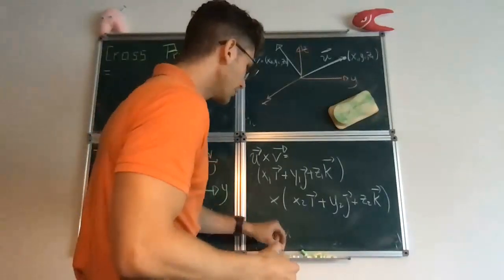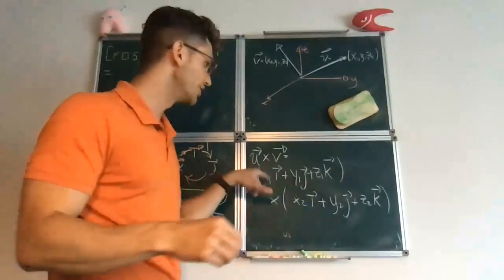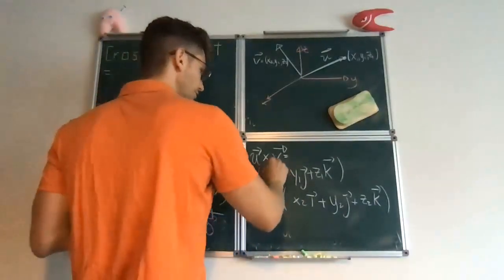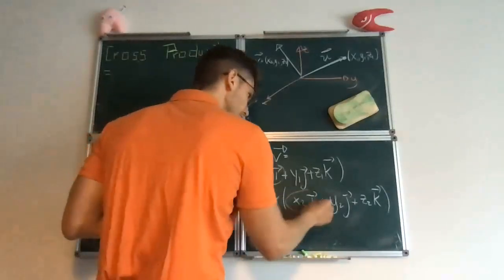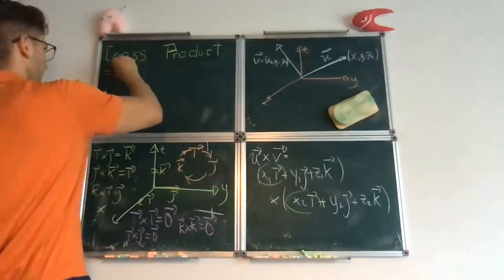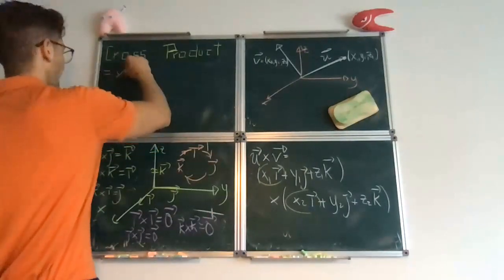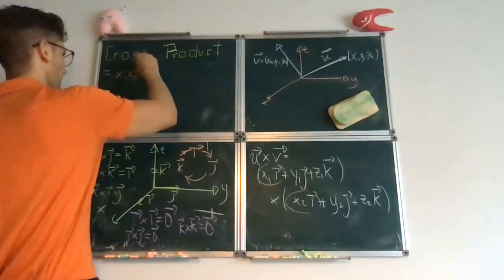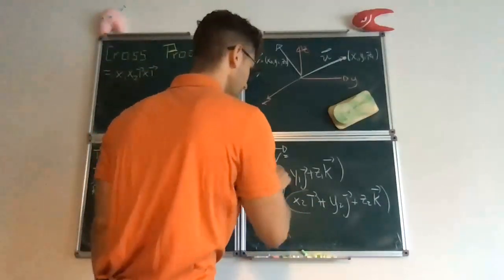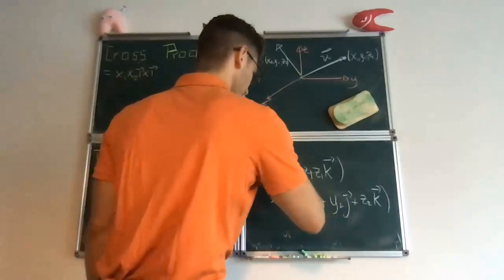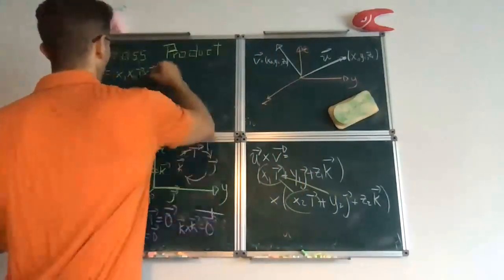And now we do exactly what I did before with the dot product, which is just distribute. So you do this one cross this one, plus this one cross that one,